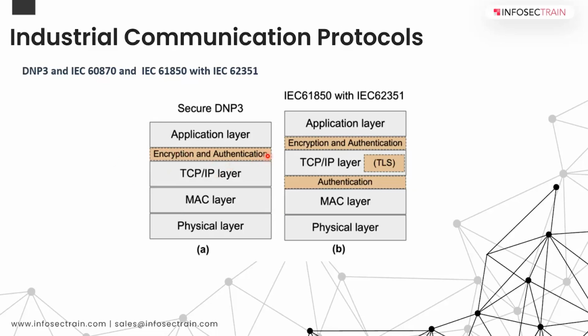And the original DNP3 didn't have encryption or authentication. It was developed later, when security and authentication requirements for the data being transferred were needed. But originally, this protocol was designed to maximize system availability, with less emphasis on confidentiality and data integrity. So at the data link level, some functions are included for detecting transmission errors by calculating the cyclic redundancy check. So this is something that we all know.